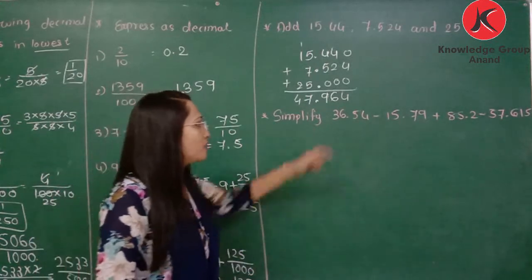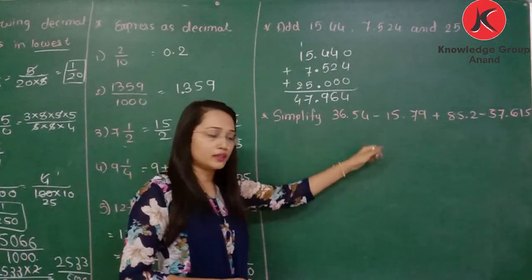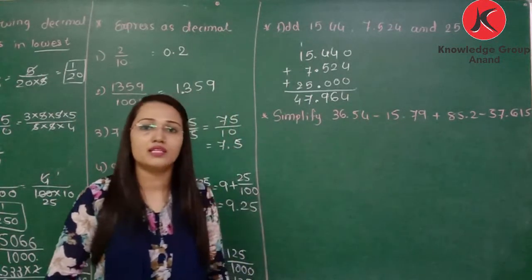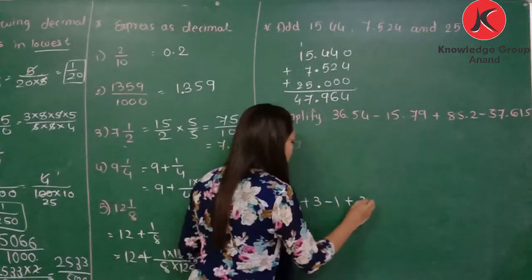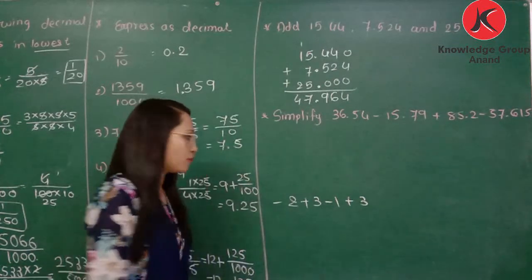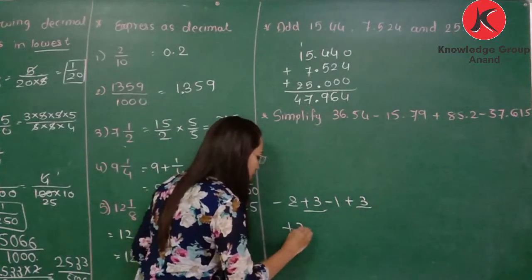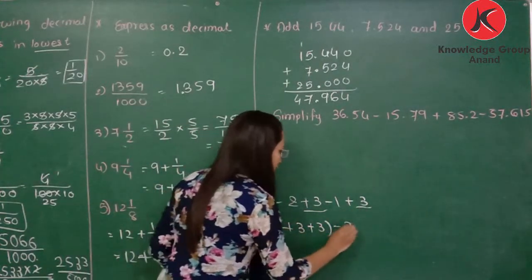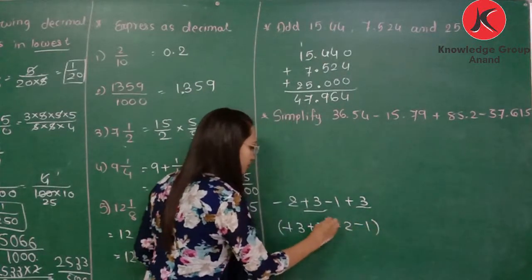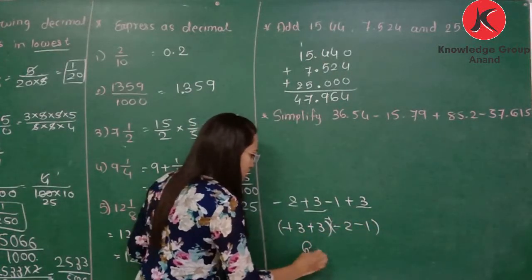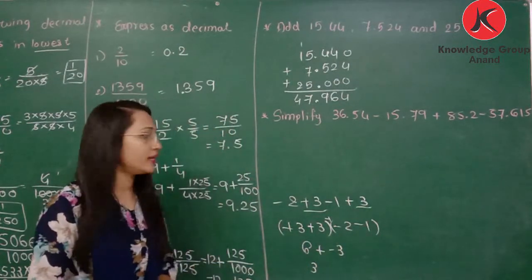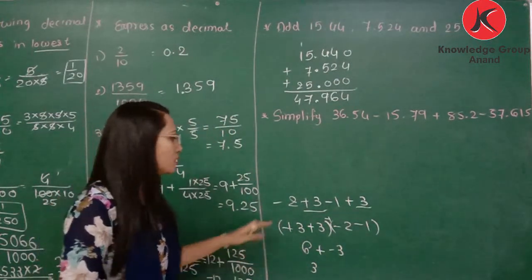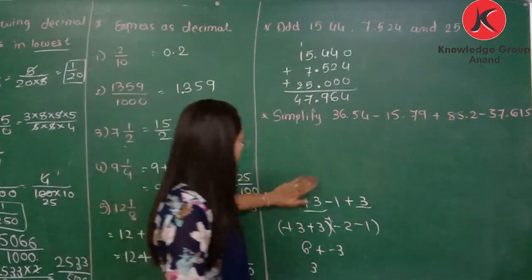Here we will add the positive numbers and then add the negative numbers and then subtract. If we have this kind of example, then what we performed was to group the positive numbers, then make a group of negative numbers. So here 6 plus minus 3, so the answer is 3. Okay, this thing we already learned in integers. So the same method we need to apply for decimals also.